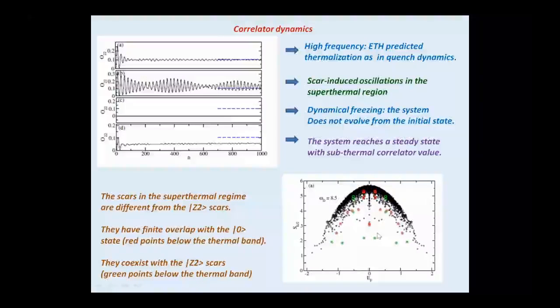Now, these scars essentially do not exist in the high frequency limit, so you don't see them in the Floquet Hamiltonian in the high frequency limit, but in that frequency range there is this extra set of scars. So that's one of the things that we found out, that your system can have multiple types of scars when you drive them.